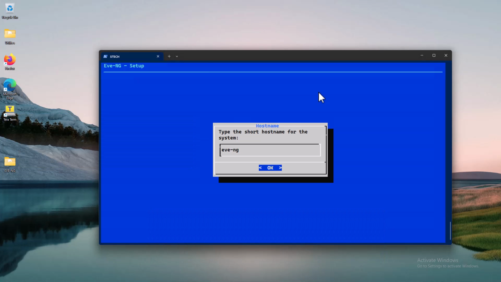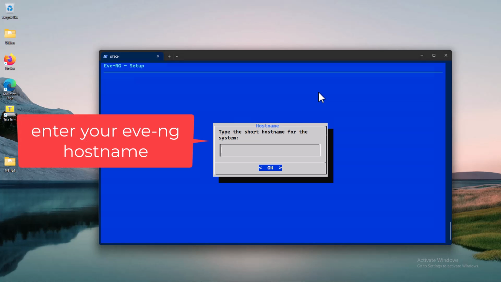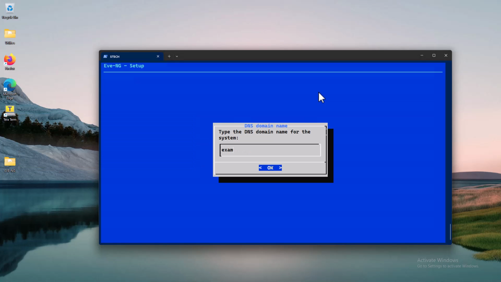You can also specify the host name, or you can keep the default. In this example, I am going to keep my EVE-NG and press enter. If you want to specify the DNS or domain name, you can specify it here, but I am going to keep it empty here